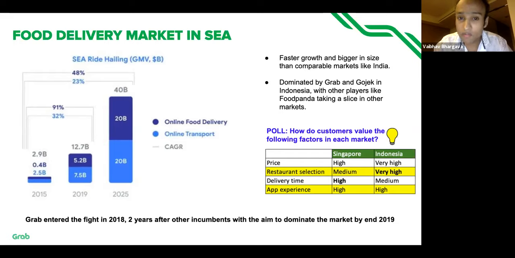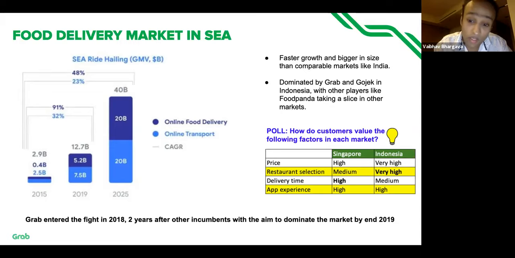Of course, price being same, selection was way more important. People were willing to forgive a delivery time of over 1 hour but they're not willing to forgive a poor selection,